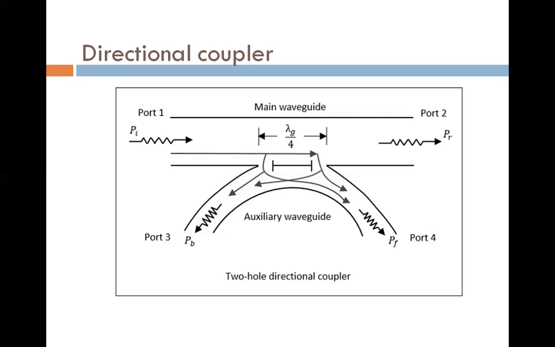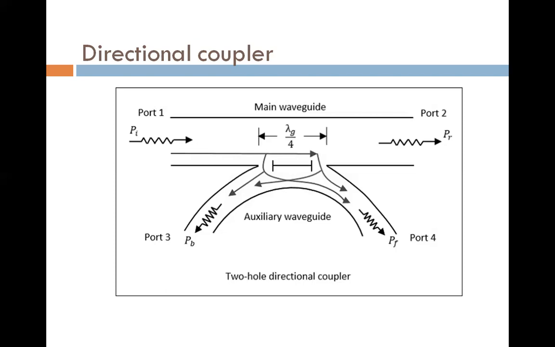So when we design the directional coupler, two parameters are required: coupling factor and directivity. These are the main parameters. So when we design the two-hole directional coupler, we totally focus on coupling factor and directivity. What is the coupling factor? It is the ratio of power applied at the input port to the power received at the coupled port, expressed in decibels. What is the directivity? It is the ratio of power at the input port to the power at the isolated port, and it is also expressed in decibels. So this is a two-hole directional coupler.